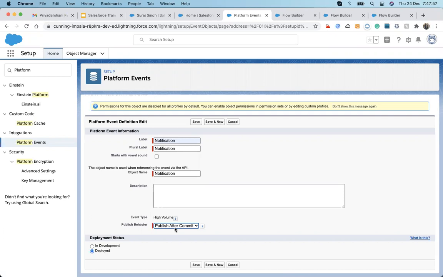Because it's in the same transaction, either we send the notification after all the transactions are completed, when the database is fully committed, or we send the notification immediately, as soon as that code executes. That's the difference: after the commit, when the database is fully committed, or immediately, whenever it's called to send the notification. And I hit save.